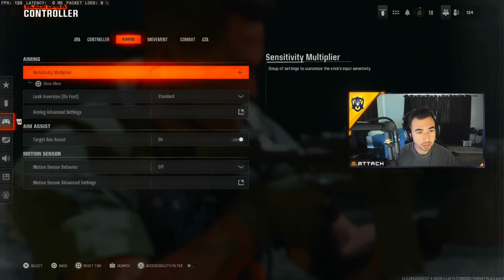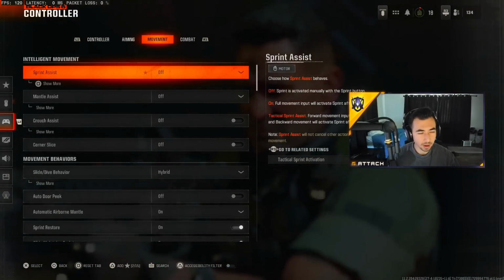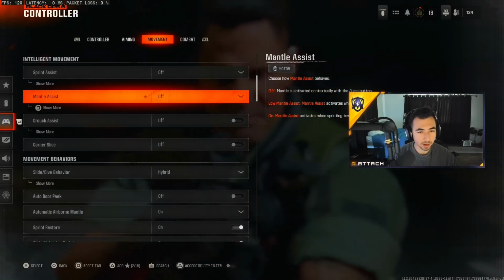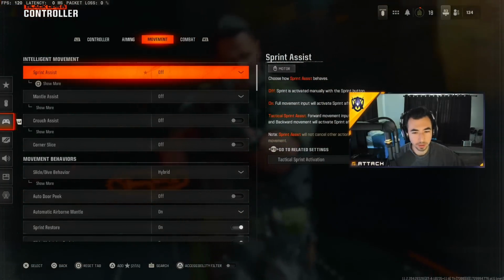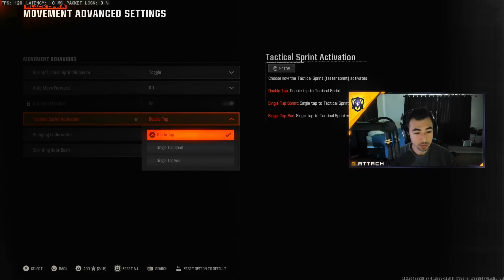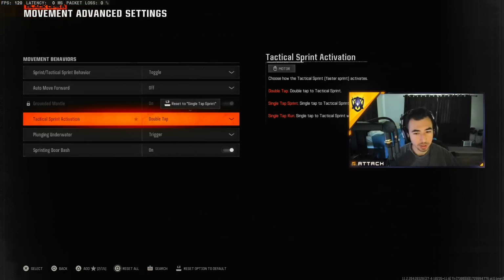And let's actually go to sprint assist. So sprint assist is just off because that's like the auto tactical sprint pretty much, and you want to have that off because it can sometimes pull your gun up constantly and you won't be ready for gunfights. You go to movement behaviors, and then you could have double tap, single tap sprint, or single tap run, which are probably a little bit better than auto sprint